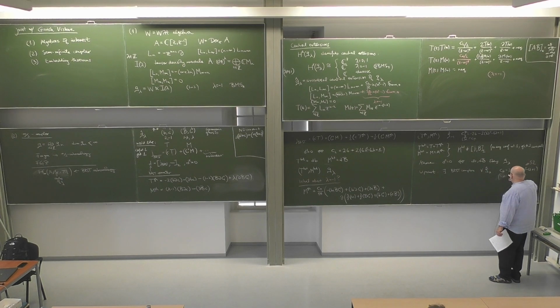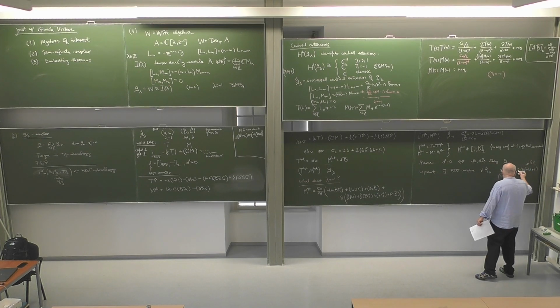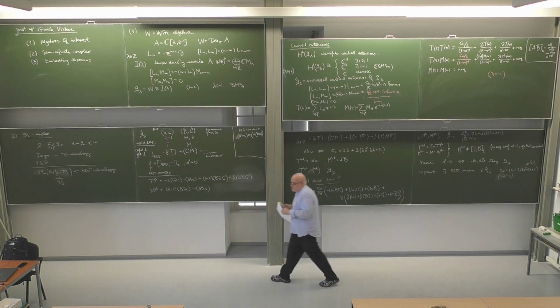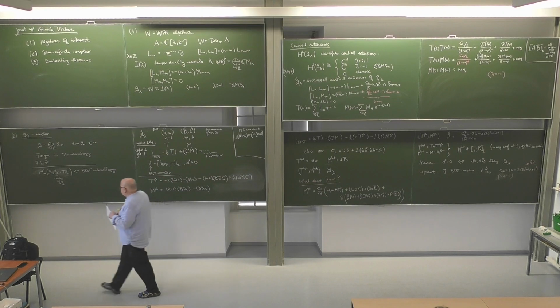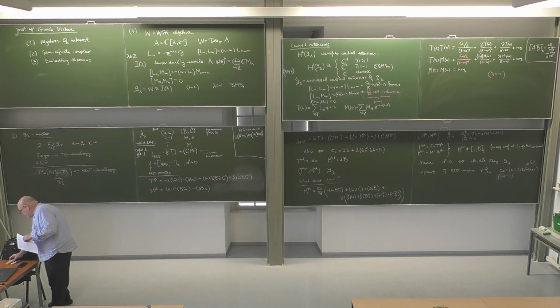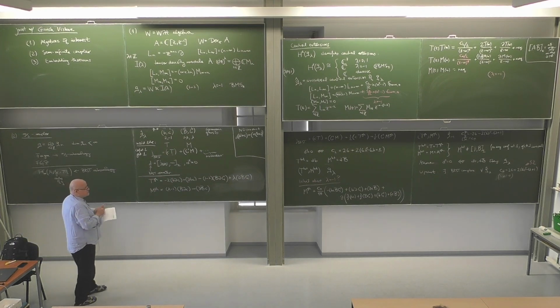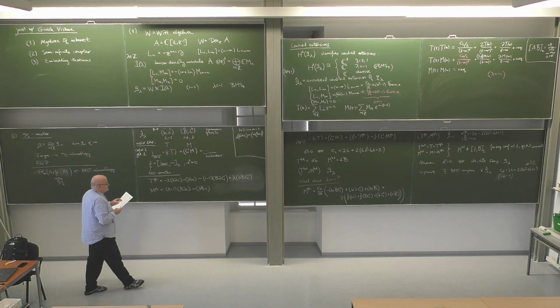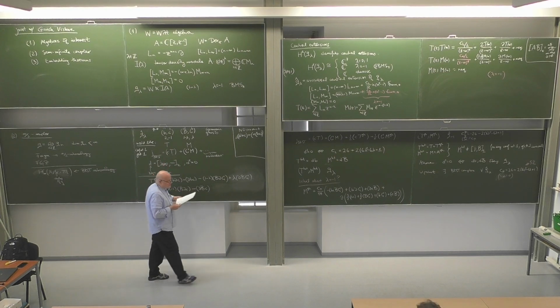And then if you want to cancel the ghost central charge, you have to ensure that the matter representation that you choose has the opposite central charge. So plus 52 in the case of BMS, which is what you would expect. Doing it relative to the center really means canceling the central charge. And the central charge is only susceptible to the conformal weights of the fields that you have.